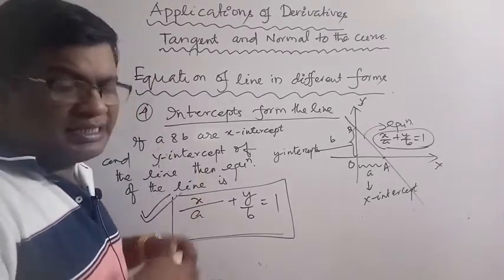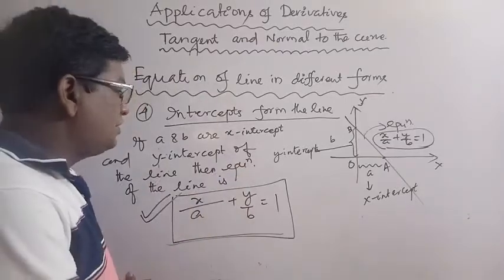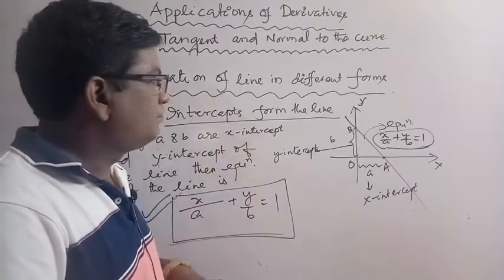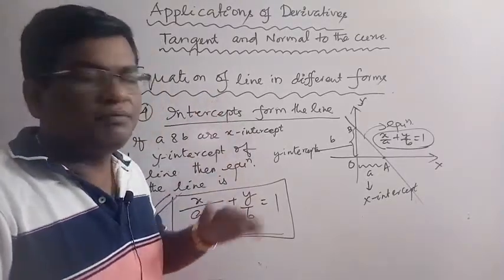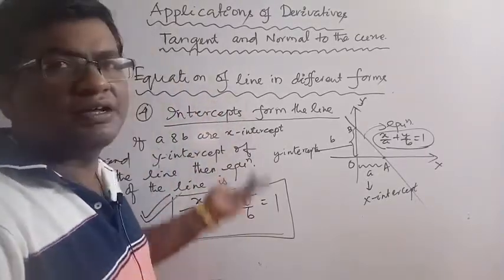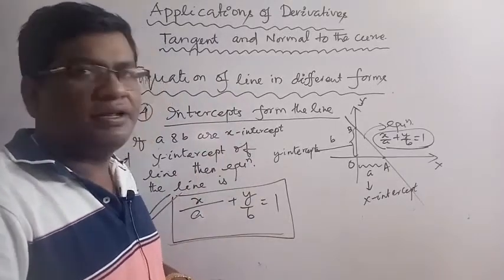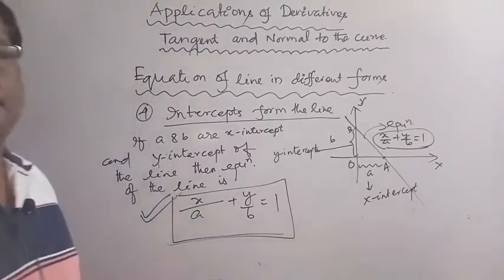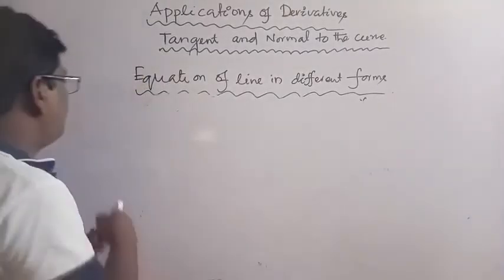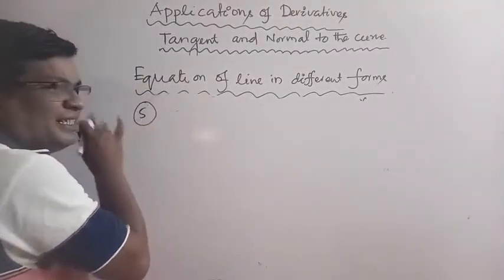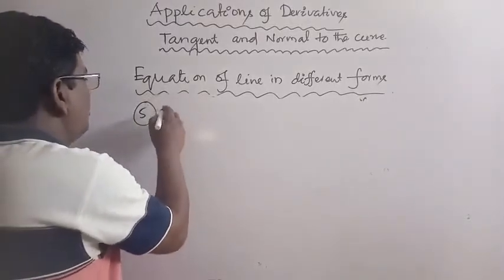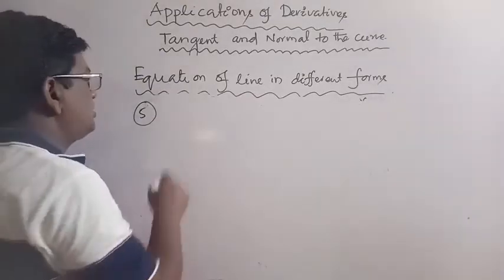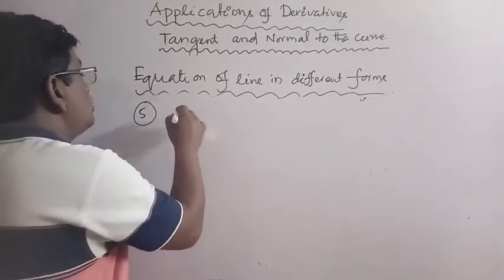Now, the general form of the equation of line is also required. These are five forms, and there are 6 forms, but these 5 forms are very essential. Another form, the normal form, is not necessary in the problems of tangent and normal, but for completeness we will discuss it.